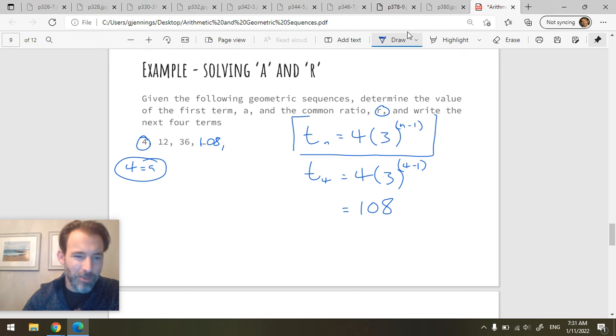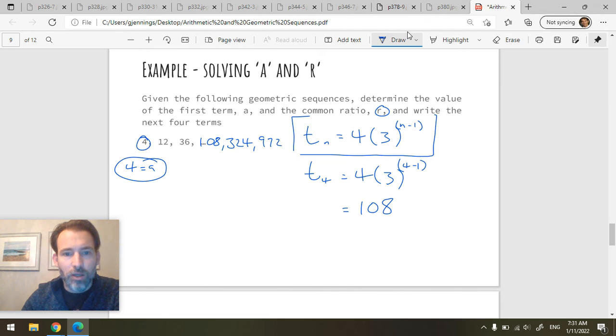The next one is just going to be 3 times bigger than that, right? You can also just multiply by 3 each time, but you can also use this formula to calculate them. Sometimes working with this is easier, sometimes just multiplying by the ratio is easier. So here, the next one would be 324, and you'll notice that is 81 multiplied by 4. That's 3 to the 5 minus 1, 3 to the 4, it's 81. Okay, the next one would be multiply this by 3 again, so that would be